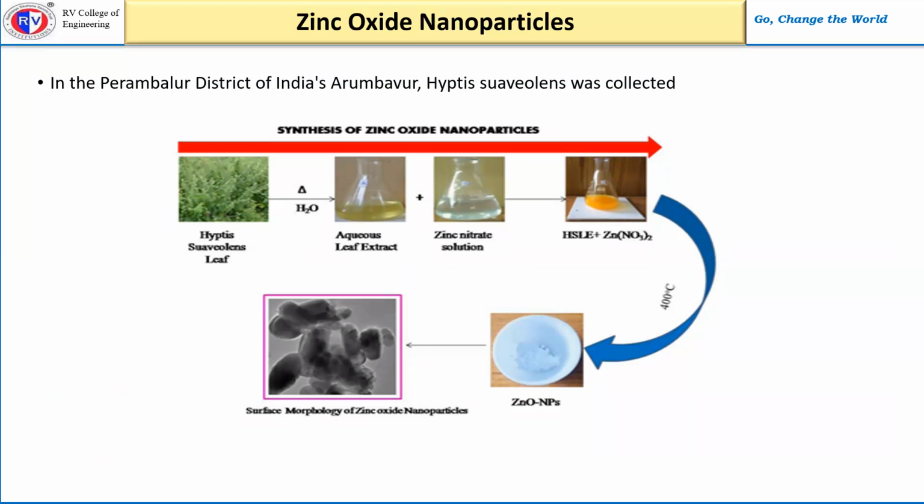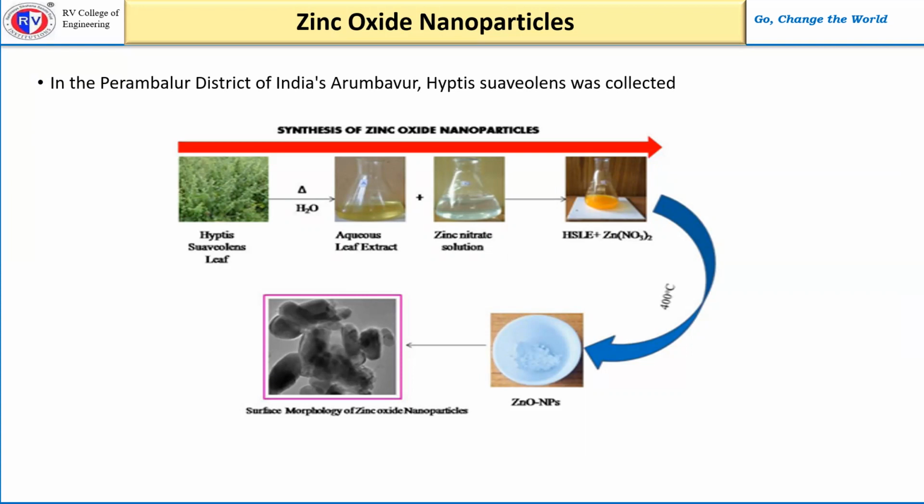The first one is zinc oxide nanoparticles. The precursor is collected from a plant. The scientific name of the plant is Hyptis suaveolens, collected from the Perambalur district of Tamil Nadu. So the process is, initially, the leaves were sliced into little pieces after being cleansed with deionized water, and